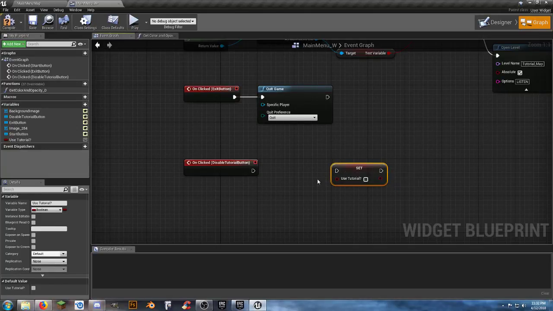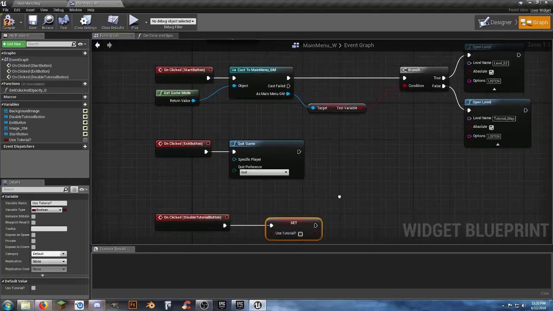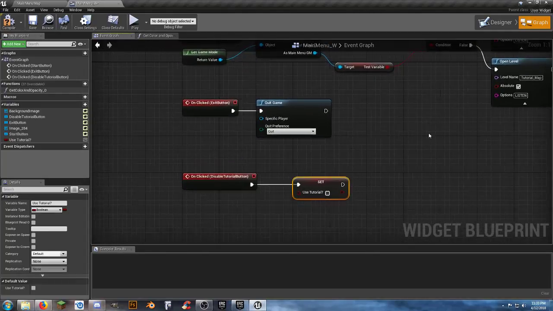But we want to toggle this somehow. Let's try seeing what happens if we just connect that together. So first off, we're just going to say use a tutorial or not. Then we'll come back up here and actually make some other functionality. So the on clicked,